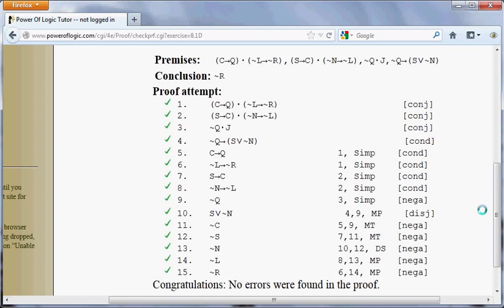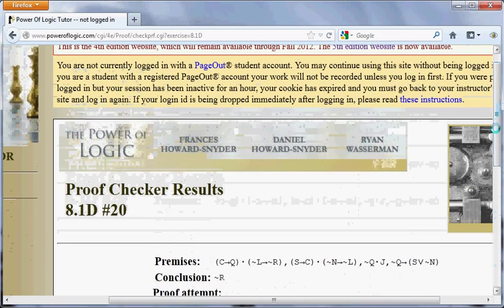Now that's a 15-step proof, not such a long proof. This is a proof where simplifying conjunctions, which is a good general tip, is important, and the wish list strategy, or you might call it the working backwards strategy, is a good way to do things. I'm going to go to